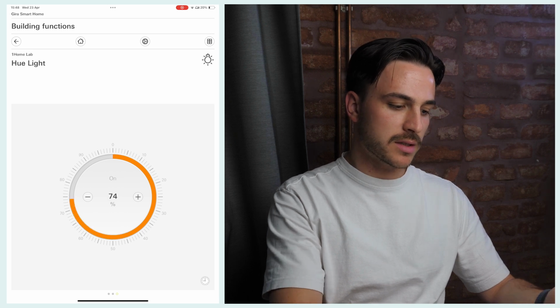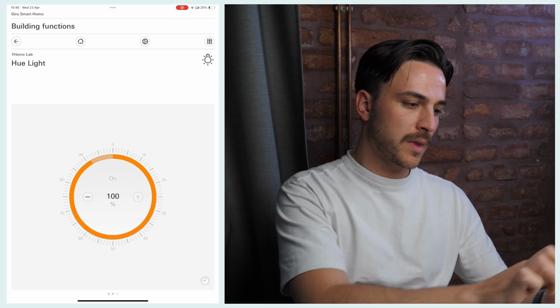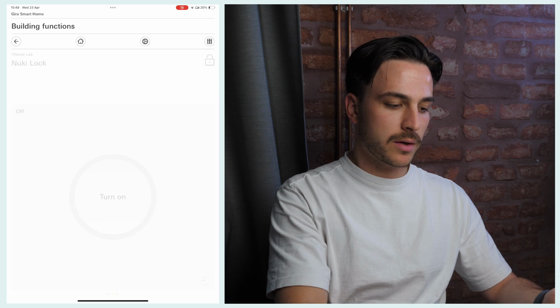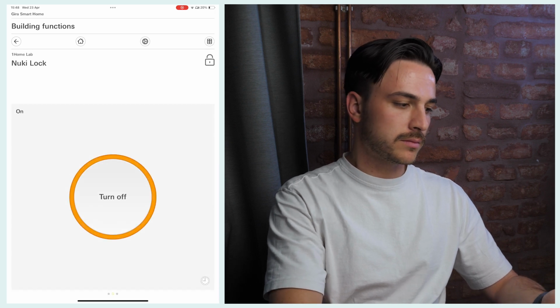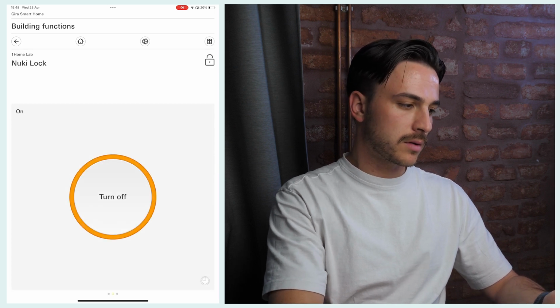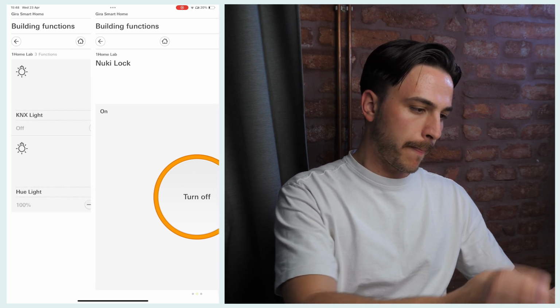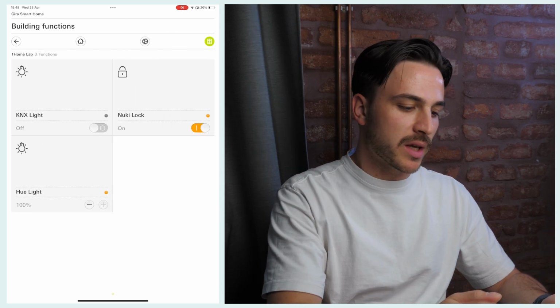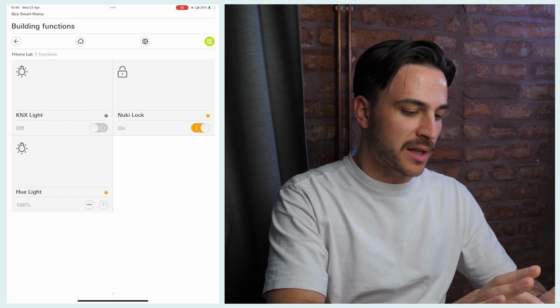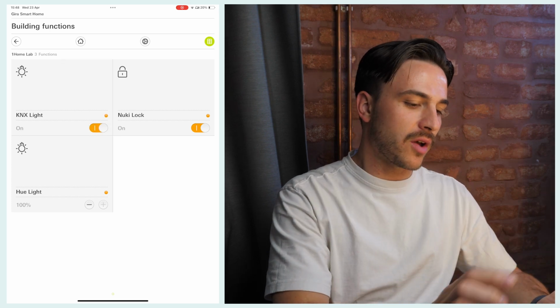Everything works as it's supposed to. If we go to the Nuki lock, we can operate it instantly, no problem. And of course, same is with the KNX light, that's nothing special. Turn it on, turn it off.